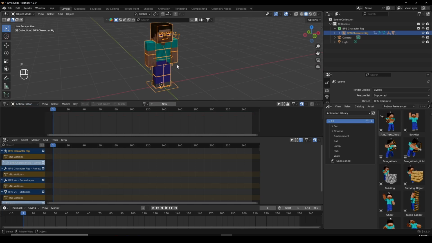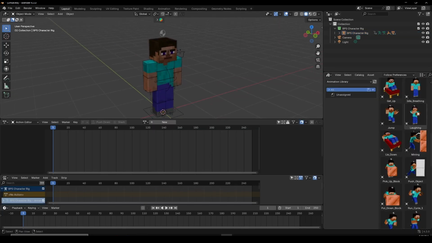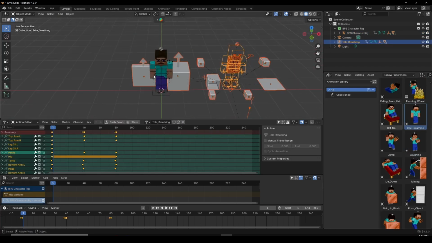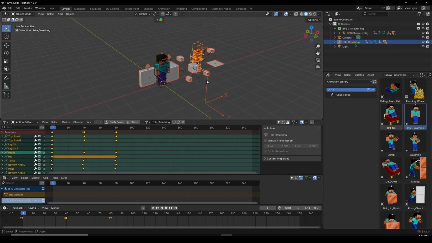So now let's start creating something complex and fun. So first action I'm going to add is the idle breathing because the character is going to be standing, thinking and breathing. So let's drag and drop this over here. Make sure you're in the object mode because you're not going to be able to drag and drop the item in the pose mode. So now that we have all this mess, I'm just going to click on X delete